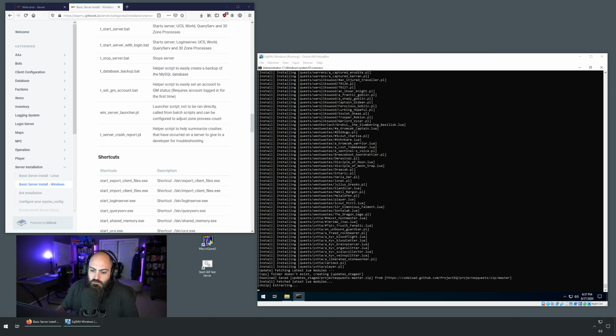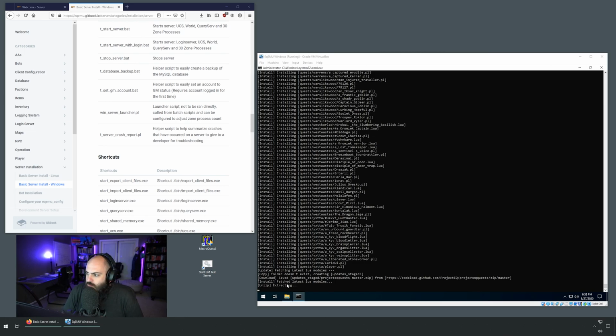Like we're getting some action here. Oh, finally. All right, so it looks like it downloaded all the quests. Let's see, download more quests and the project. Yeah, EQEMU master. All right, it's extracting the Lua scripts now. I think those are the Perl. There's a Perl version of some scripts, and then they started moving everything to Lua, which is a different programming language. So I think those are downloading now,